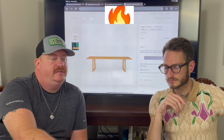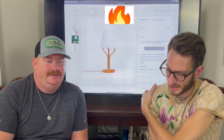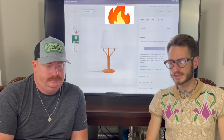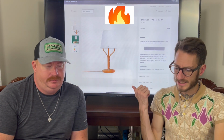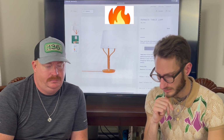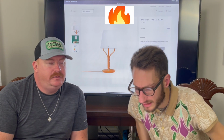So our next selection is... This hurts me inside. So we have here a smart lamp. It's an ugly table lamp. And they've just wasted leather. I mean, to me, this is wasted leather. What is the purpose of that? There's no reason for that leather to be there. Oh, wait. Are they...